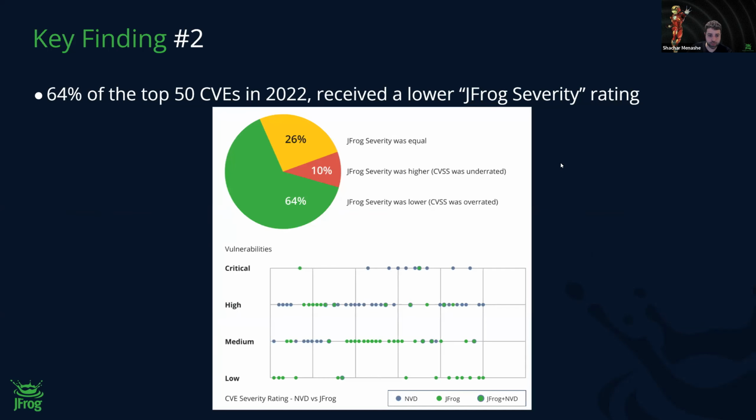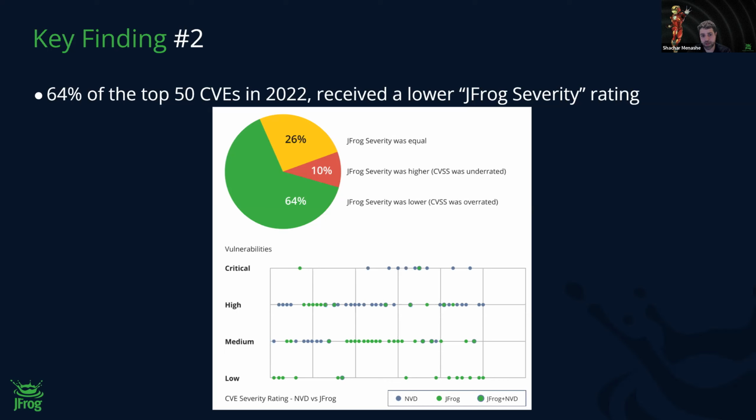Because we do our own research, we look out for these things, and we started to map our own perceived severity against the NVD severity. What we saw is that in 64% of the top 50 CVEs in 2022, and by top 50, I mean the most common 50 across all the artifacts that we saw of 2022 vulnerabilities, 64% received a lower severity rating.